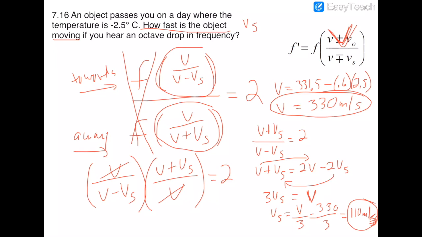we never need the frequency. You don't even need to know how fast anything is going. We don't even care what the temperature is. If you hear an octave drop in frequency, like a race car goes by and you hear a total drop in frequency, that means that object is going 1/3 the speed of sound. Whatever the speed of sound is on that day, on that temperature day, the object would be going by you at 1/3 of that speed if you actually heard an octave drop. I thought that was kind of a cool